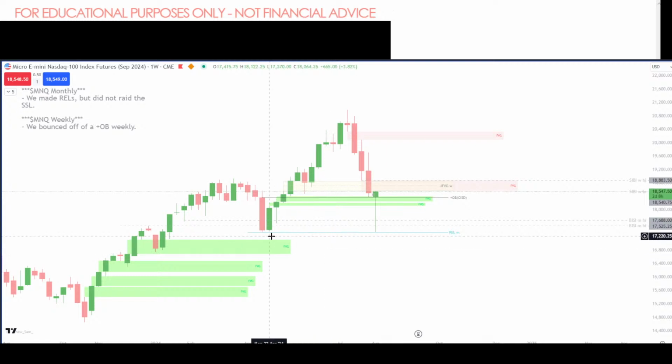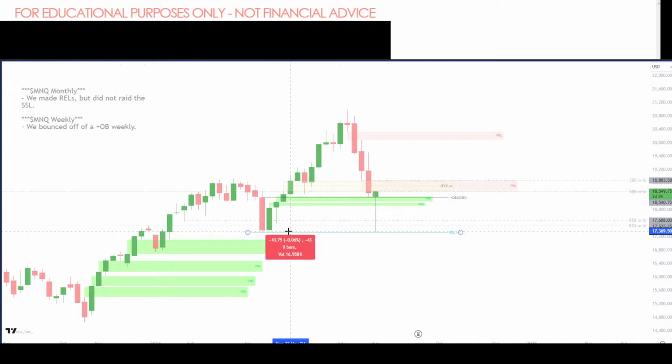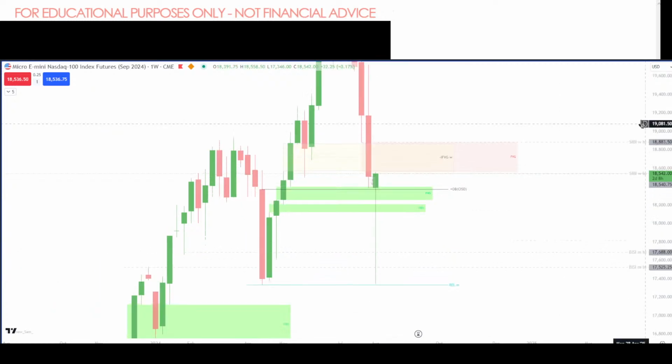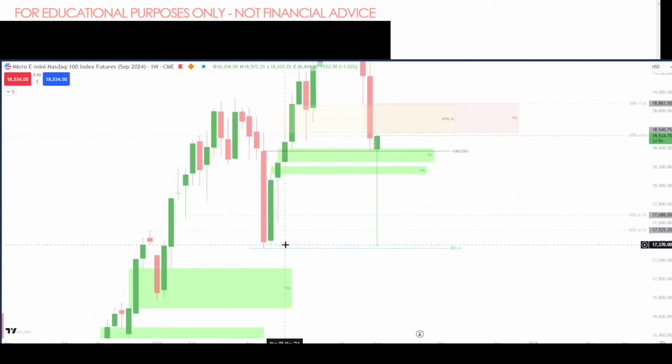What about this low? The low here is 370, and the low here is 340. Could that be? Something doesn't seem right. Low here is 346, and the low here is 370. There's such a difference between these two candles. I guess it is a 50-point difference. Wow, so you almost can't see it. 373 and 354. Wow, I guess that's what happens with huge candles.